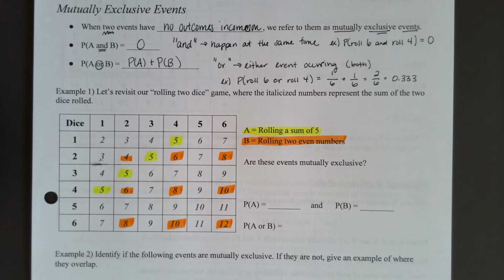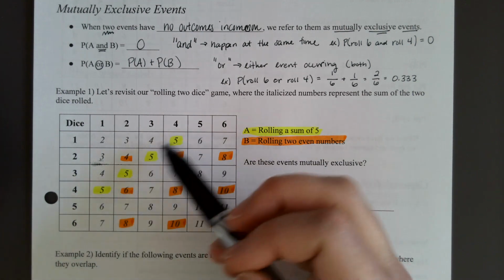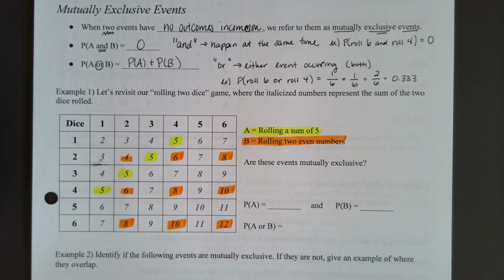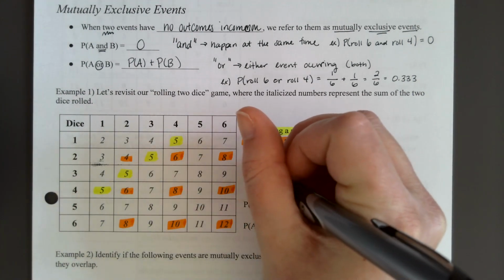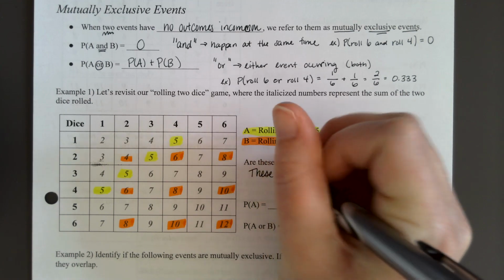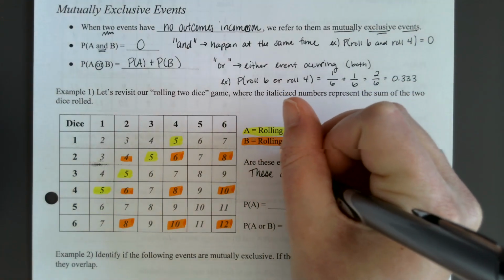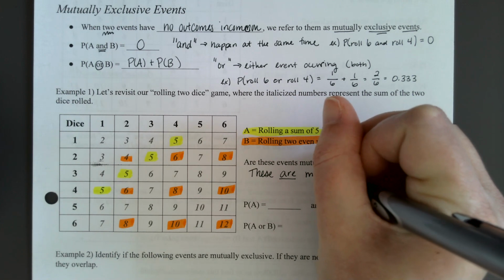So looking at those two different possibilities, would we have these events happening at the same time? Do we have any type of overlap? That's really what it's asking. No, we have our yellows and then we have our oranges. So we said these are mutually exclusive